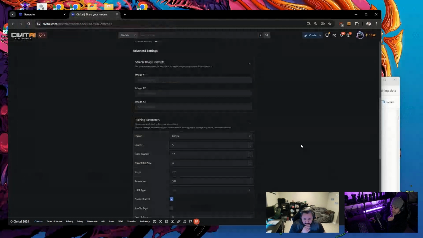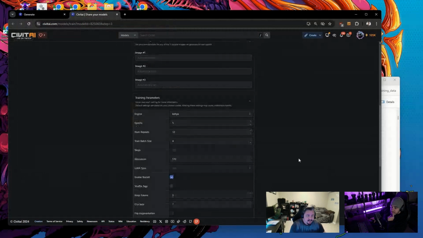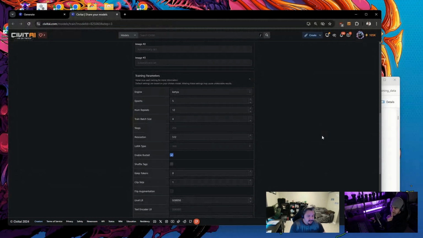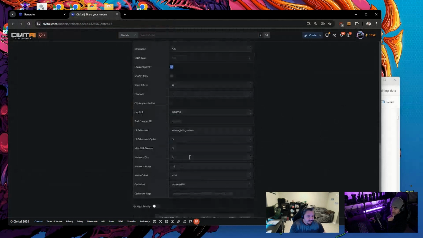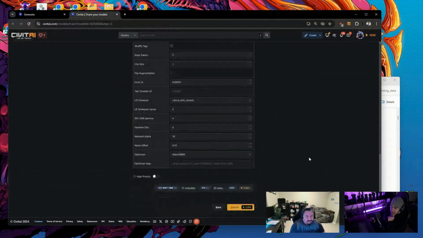General training parameters, I usually turn it up to about 1,000 steps. Same with styles. But I go through the epochs afterwards and decide which one looks the closest without going too far. And this time I actually did save the pictures of those so we can go through. All the settings, generally I leave the same. I flip the augmentation on this one, which flips the pictures horizontally, just because there's no real writing or anything it needs to worry about, or a left hand versus a right hand. As far as the network dim, I do turn that up a little, usually to 4 or 5 for a concept. That just allows more training data to be saved and makes the file size a little bigger.